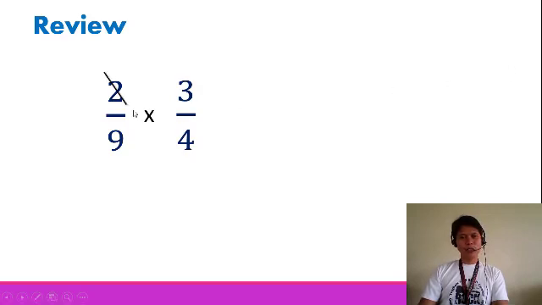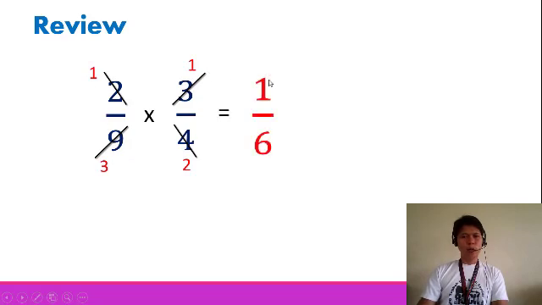Okay, so cancel out 2 and then 4. 2 becomes 1 and 4 becomes 2 because we can divide them by 2. And then the common factor for 3 and 9 is 3. 3 divided by 3 is 1. 9 divided by 3 is 3. So we have 1 times 1 is equal to 1, and then 3 times 2 is equal to 6. 1/6. Next,